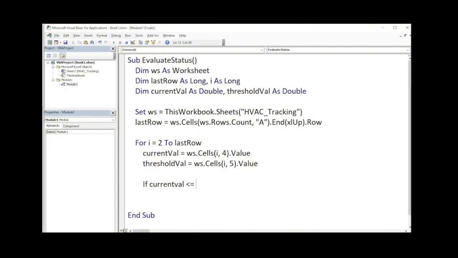Okay, so we assume that the current value is less than or equal to the threshold value. Okay, and that would be normal. If it is less than the threshold, that would be normal. All right, so then